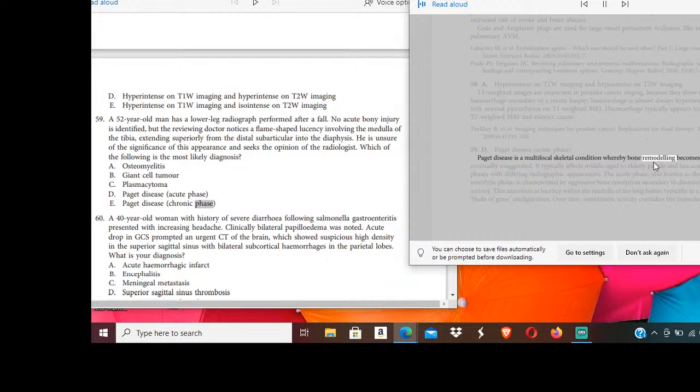Paget disease is a skeletal condition whereby bone remodeling becomes abnormal and eventually exaggerated. It typically affects middle-aged to elderly people and has acute and chronic phases with different radiographic appearances. The acute phase, also known as the active or osteolytic phase, is characterized by aggressive bone resorption secondary to disordered osteoclastic activity. This manifests as lucency within the medulla of the long bones, typically in a flame shape or blade of grass configuration. Over time, osteoblastic activity overtakes the osteoclastic resorption,